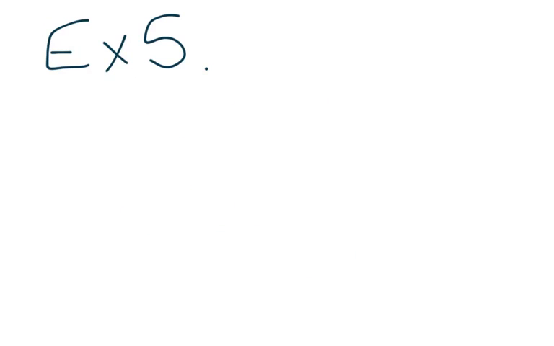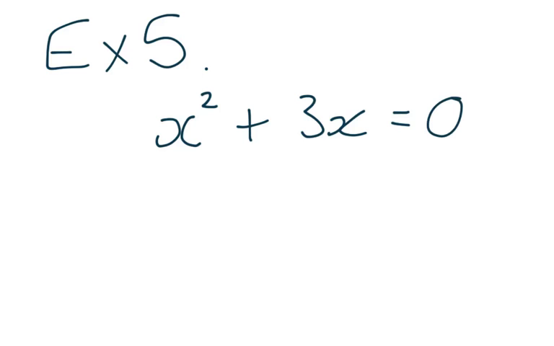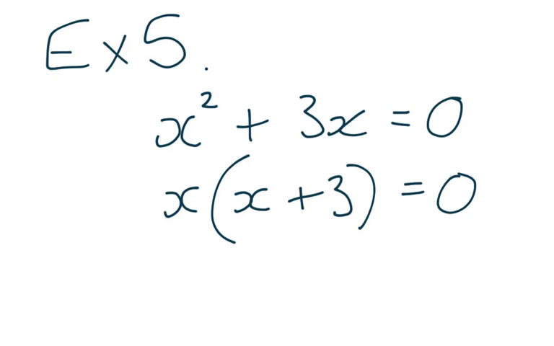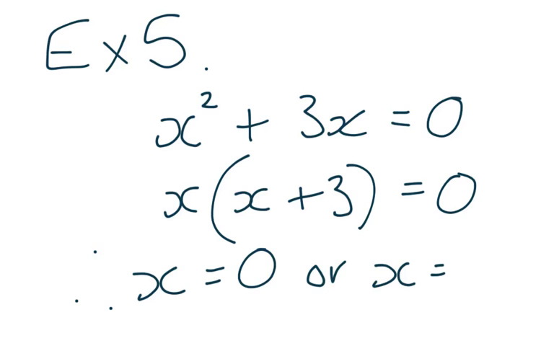One very similar to that would be where we have to factorise it first, so something like this. Okay, and we say, all right, what's common to x squared plus 3x? The x is common, so we take the x out the front, and we're left with x add 3 equal to 0. Therefore, the solutions can be x is 0 or x equals negative